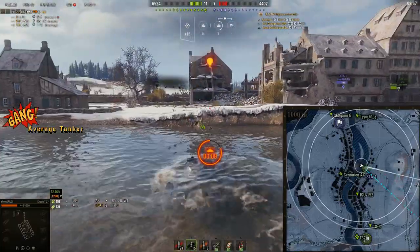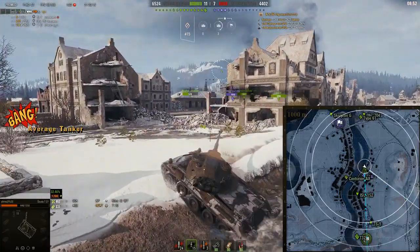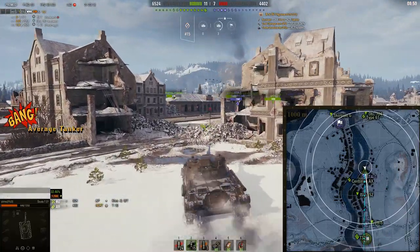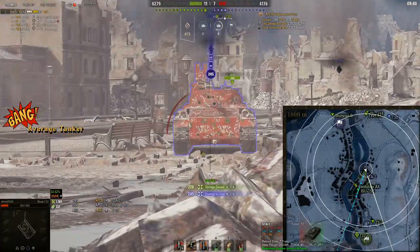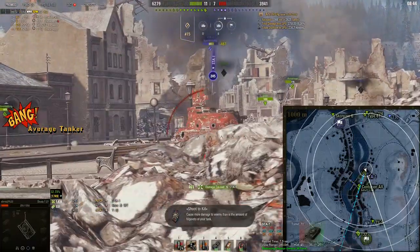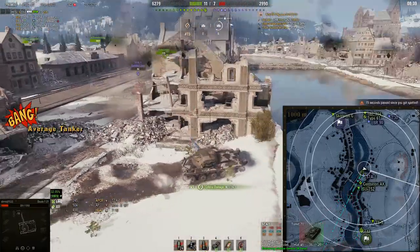We can get nicely behind the STA-1, but I'm spotted. What by? Something at the back. I think it was probably the EBR. Well, no, it can't be the EBR. It must have been something. But he was expecting me there. It doesn't matter. I can trade. I've got his ass. And then our other tanks in front of him can just, you know...